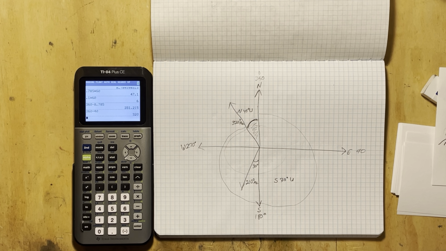An important thing to understand on bearing is that your bearing is always going to be expressed as a north, then some number of degrees east or west, or south some number of degrees east or west. It's never going to start with east. It's never going to start with west. That makes sense if you think of it from a magnetic compass perspective,